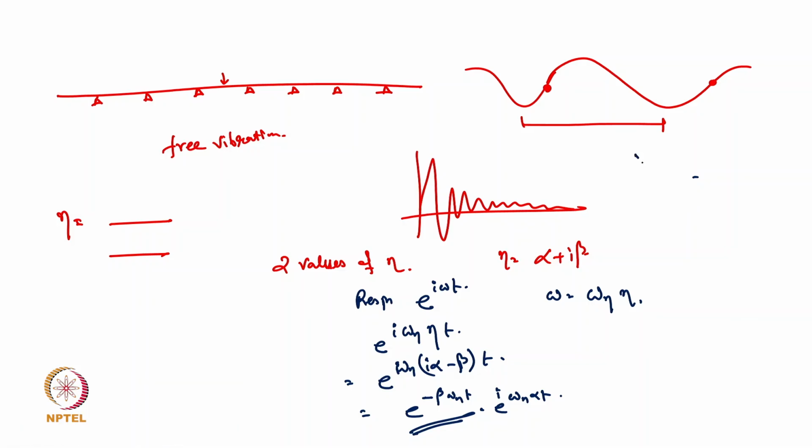e to the power i beta t will actually decay the full response in the time domain. So this beta, the imaginary part of the frequency, is responsible for the dissipation or the damping. Okay, so if we are considering a single degree of freedom system having mass m, stiffness k, and damping c, we can write